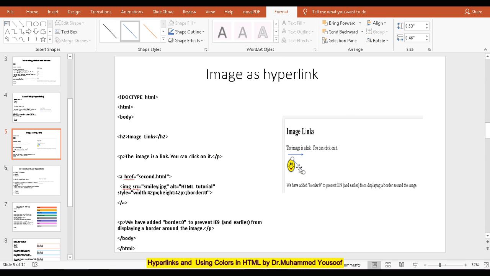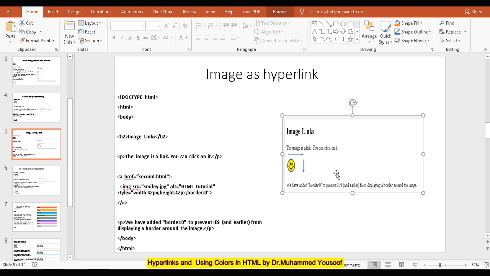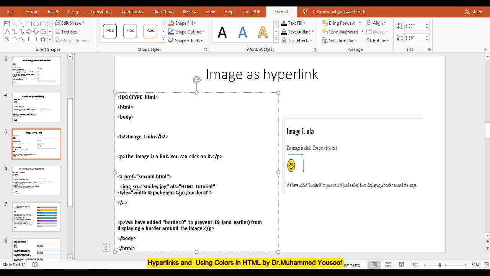Height is nothing but, this one is height. You can see it here. Okay, this is height. How much I want the width and how much I want the height of the image, I can decide by changing the number. If I change it to 60, you can change it to 60 and see what will happen. 60 px is what? Pixels. Even this 42 is actually pixel. You can change it to 60 and see what will happen.